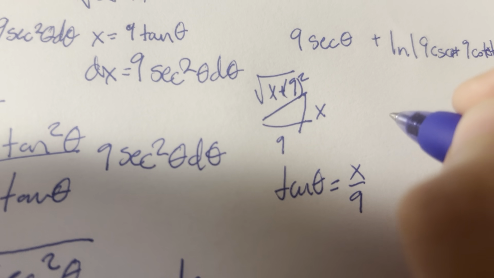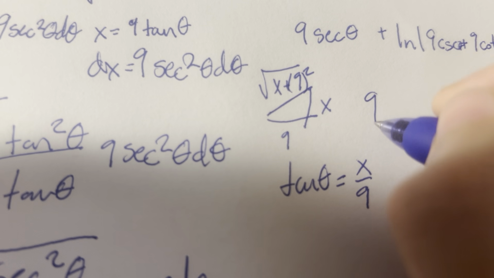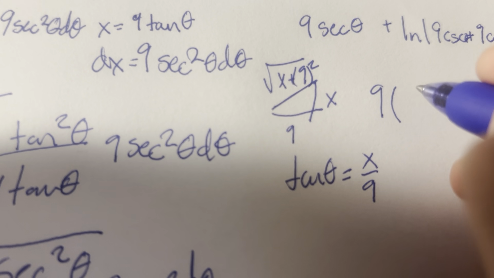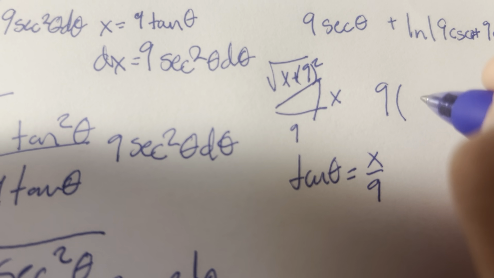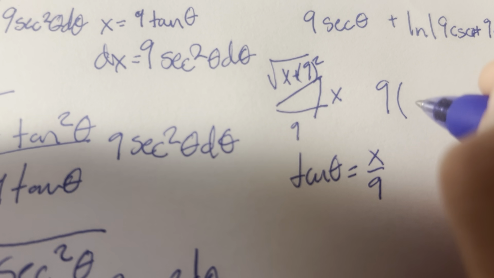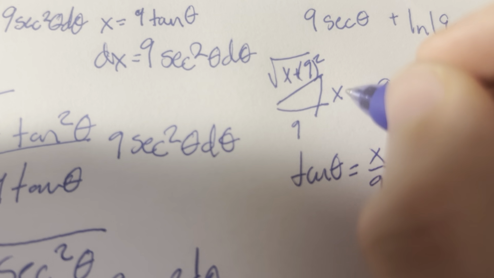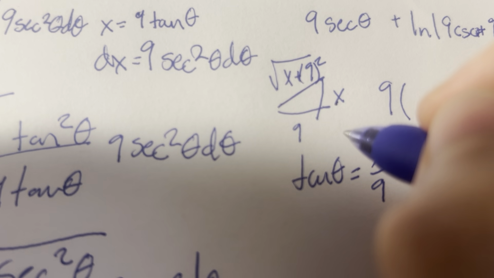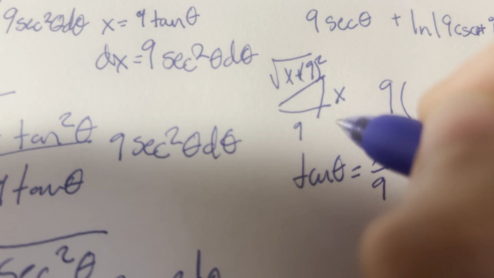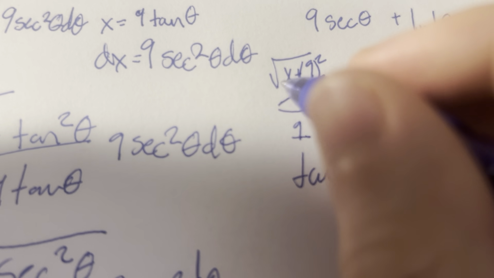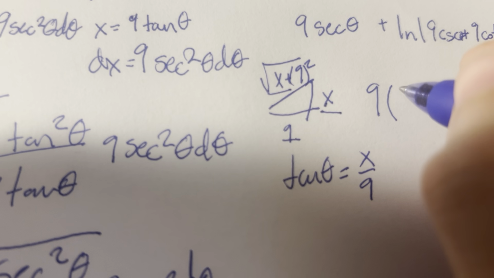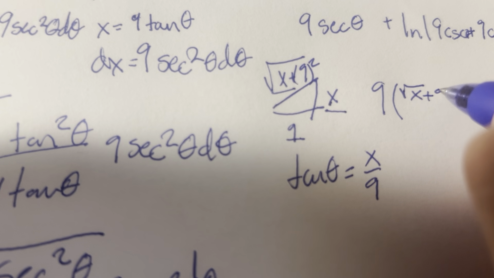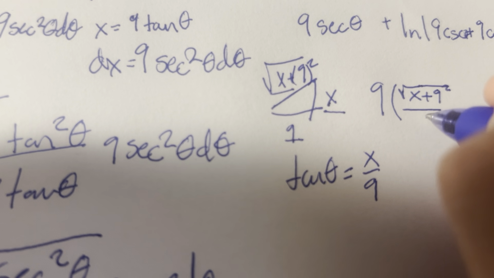So in order to perform this substitution, it'd be 9 times secant, which is 1 over cosine. Cosine being our adjacent over our hypotenuse, and we can just flip that to be the square root of x squared plus 9 squared over 9,